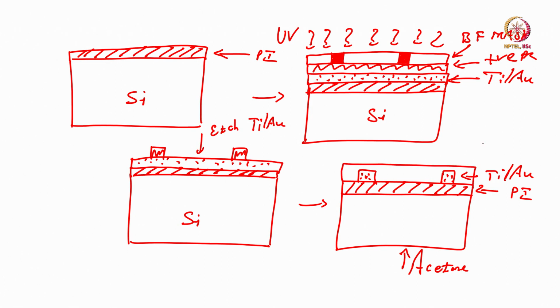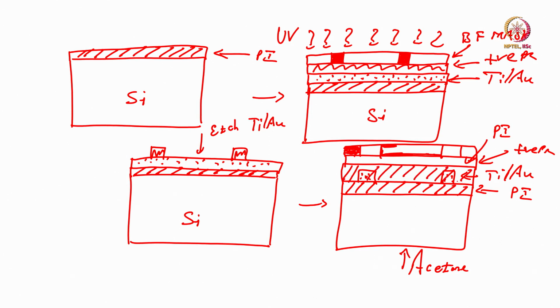Now, what you can do? You coat it with another PI, okay, and then you do again photoresist, positive photoresist, mask such that only the electrode contact area is opened. You got it what I am saying? So, we have coated the PI, which is here on the top of the electrode, and then we have coated a photoresist. So, this is our photoresist, and then we take a mask such that the windows can be open only on the contact electrodes. So, we have done that, you can see here.